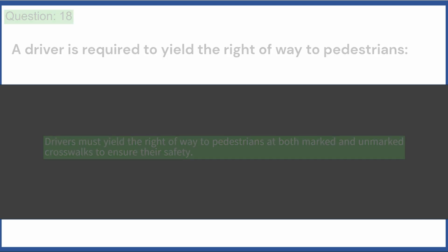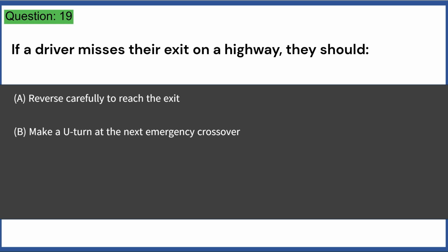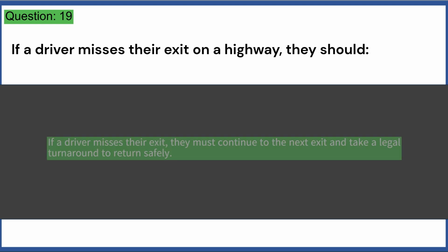safety. If a driver misses their exit on a highway, they should: A. Reverse carefully to reach the exit. B. Make a U-turn at the next emergency crossover. C. Continue to the next exit and take a legal turnaround. D. Stop immediately and wait for a break in traffic. Answer C. If a driver misses their exit, they must continue to the next exit and take a legal turnaround